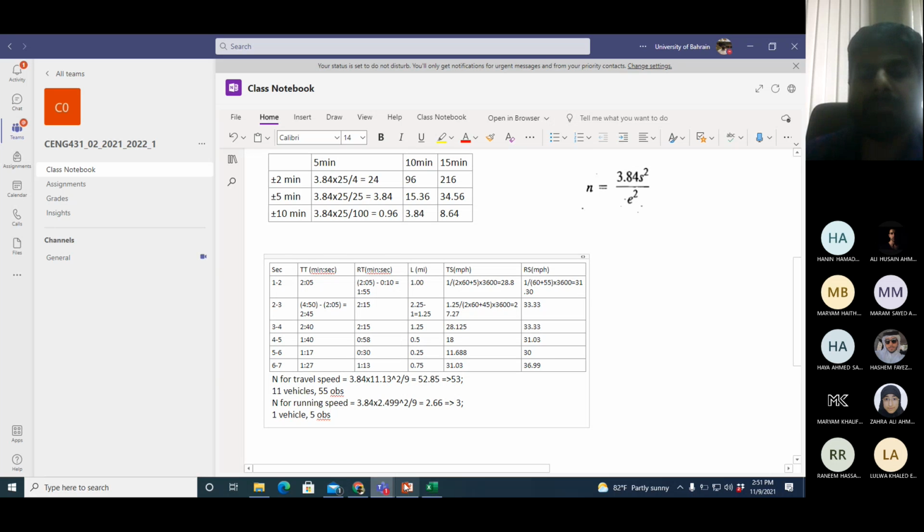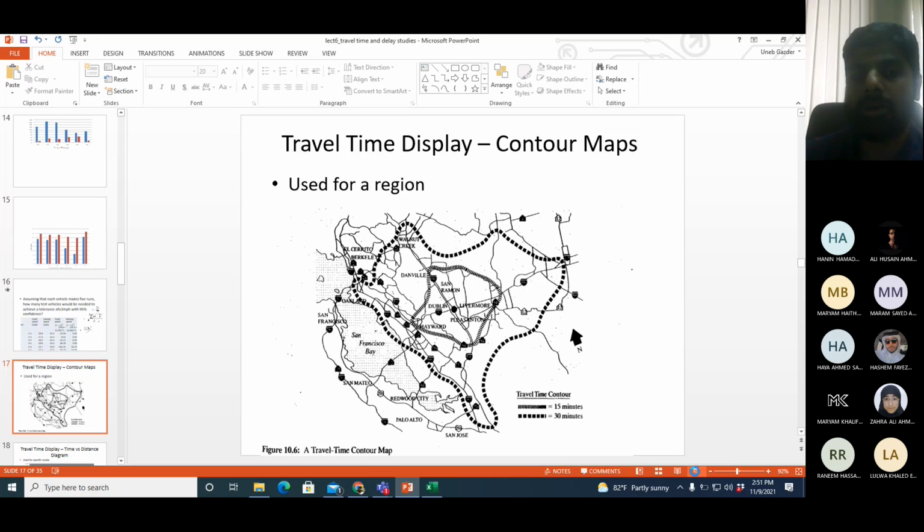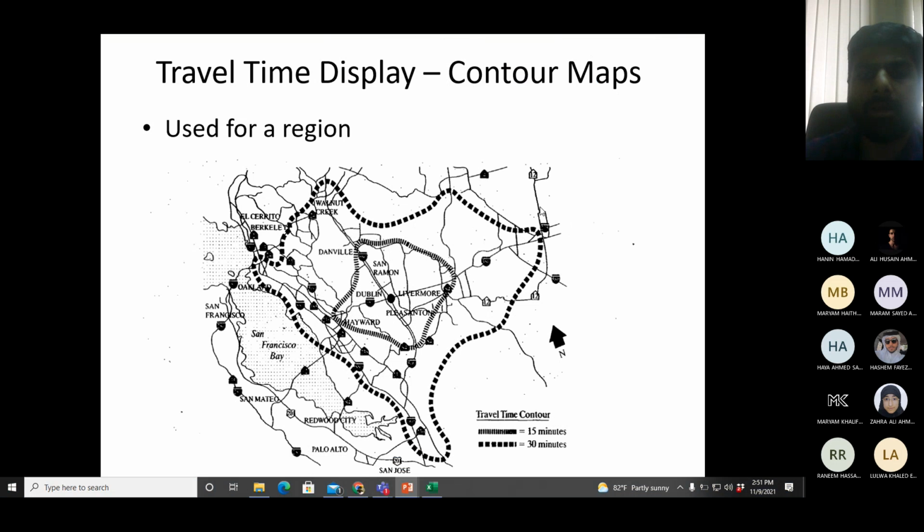The last thing I want to do here is explain the concept of a travel time contour map. It will only take a minute because I've already explained it. A travel time contour map is a map of the city. In that map, you will see contour lines. These contour lines join the segments which have the same travel time from a reference point. The reference point is usually in the middle of the map. From that point, you take travel times in all directions, and segments having the same travel time from the reference point are joined with a time contour line.